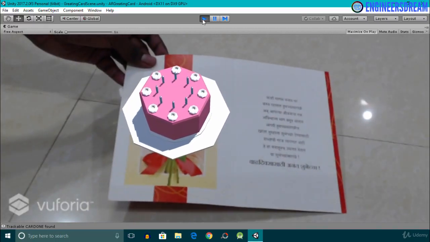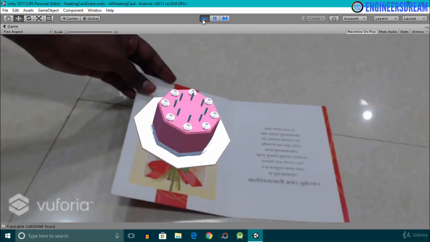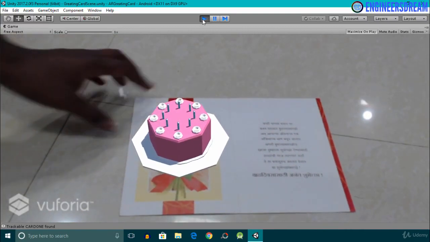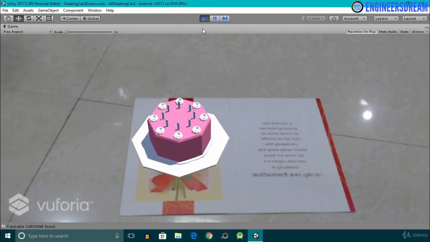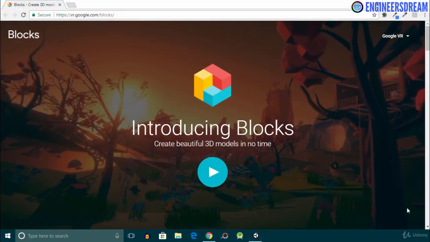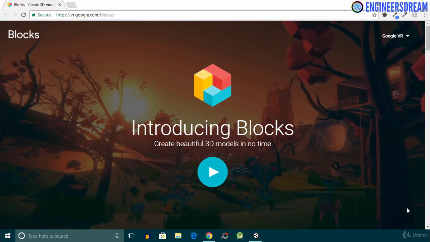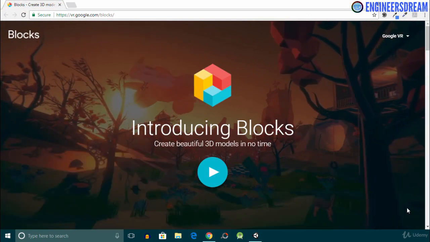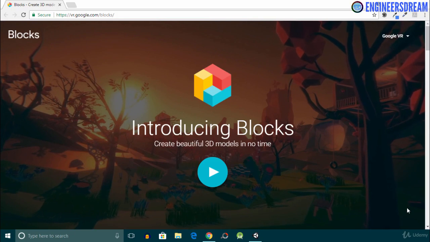In this video, we'll project a 3D model on top of our first image target. By the end of this video, I'll project a cake 3D model on top of my card 1 image target. Now, previously inside the AR1 and the AR Book Augmented Reality project, we have downloaded 3D models from the